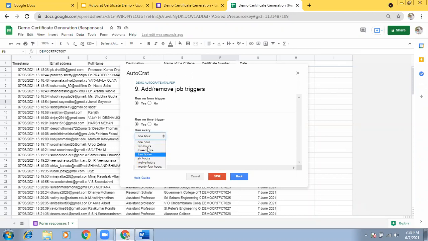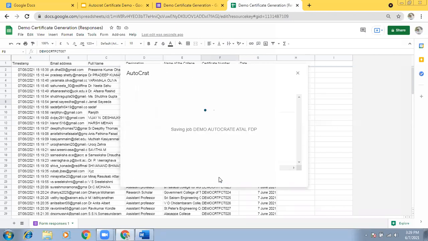So you can choose the period. It will not be sent immediately, but every hour this program will be run, and if any new entry comes, they will be getting the certificate. If that is the case, you can do it, or otherwise you can just select no. Whenever you do it manually, then only it will be done. Then you click save.